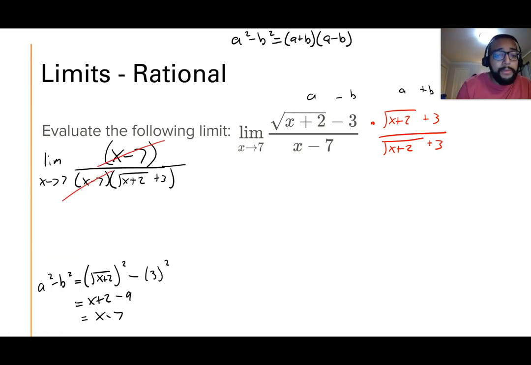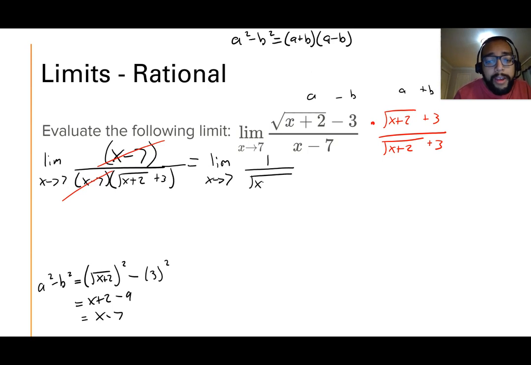We're now left with the limit as x approaches 7 of 1 over the root of x plus 2, oh, that's a big square root sign, make that smaller,